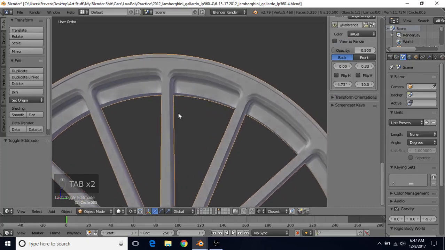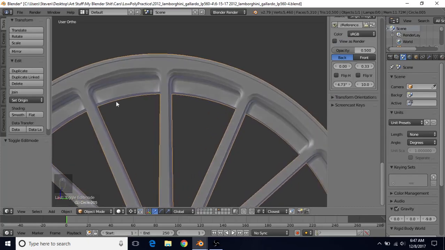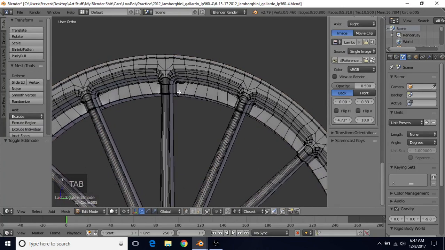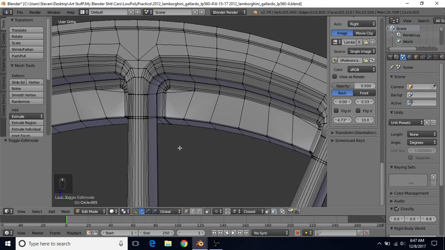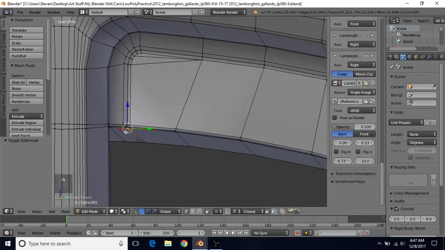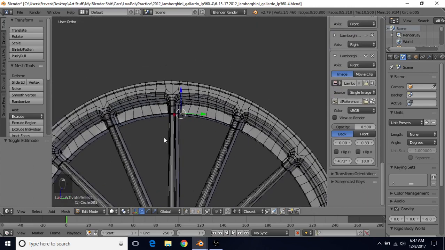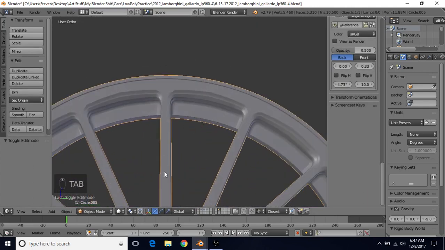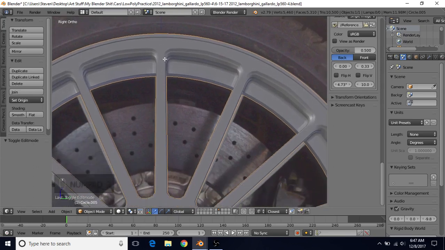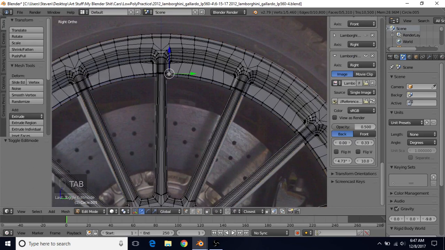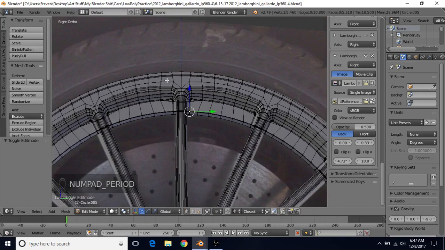First thing we want to fix, you can see that we have this interesting shading here. And to fix that, just tab into edit mode, change this to a median point. We're going to select this vertex here, and we want to be selecting it on this spoke that's straight up and down. So if you want, go into side view with 3, and you want to select the vertex in this area and then press period on the number pad, because we're going to be mirroring this and rotating it